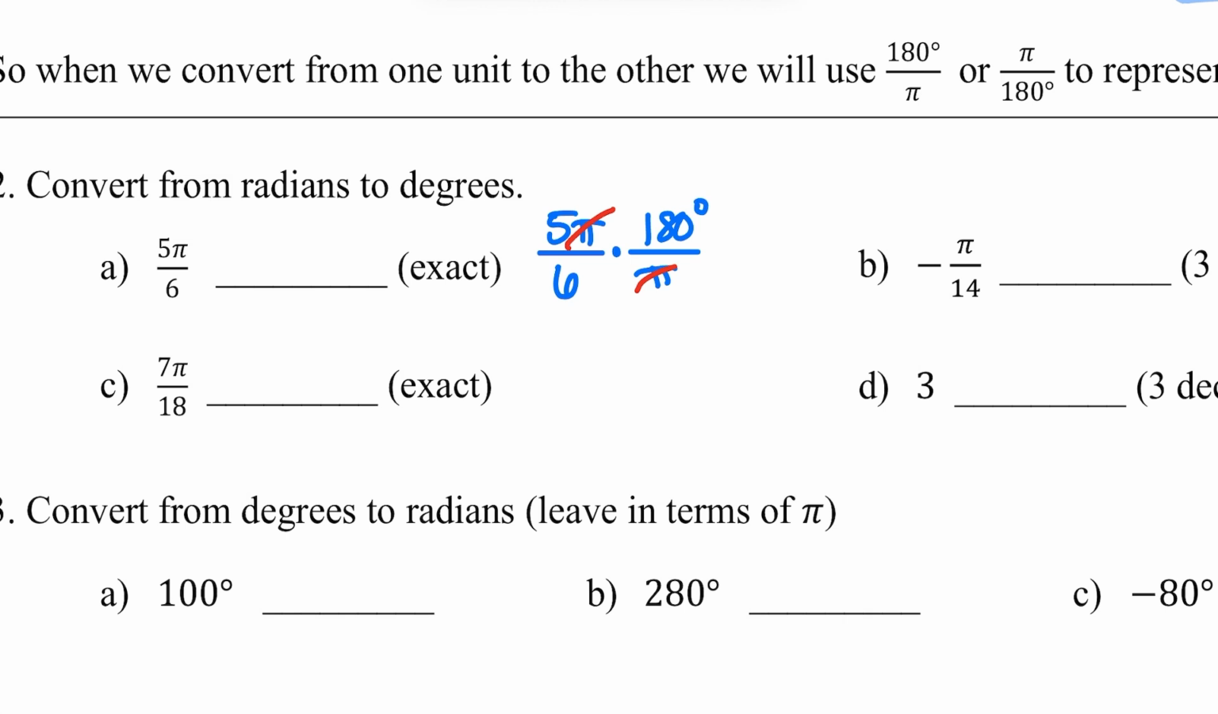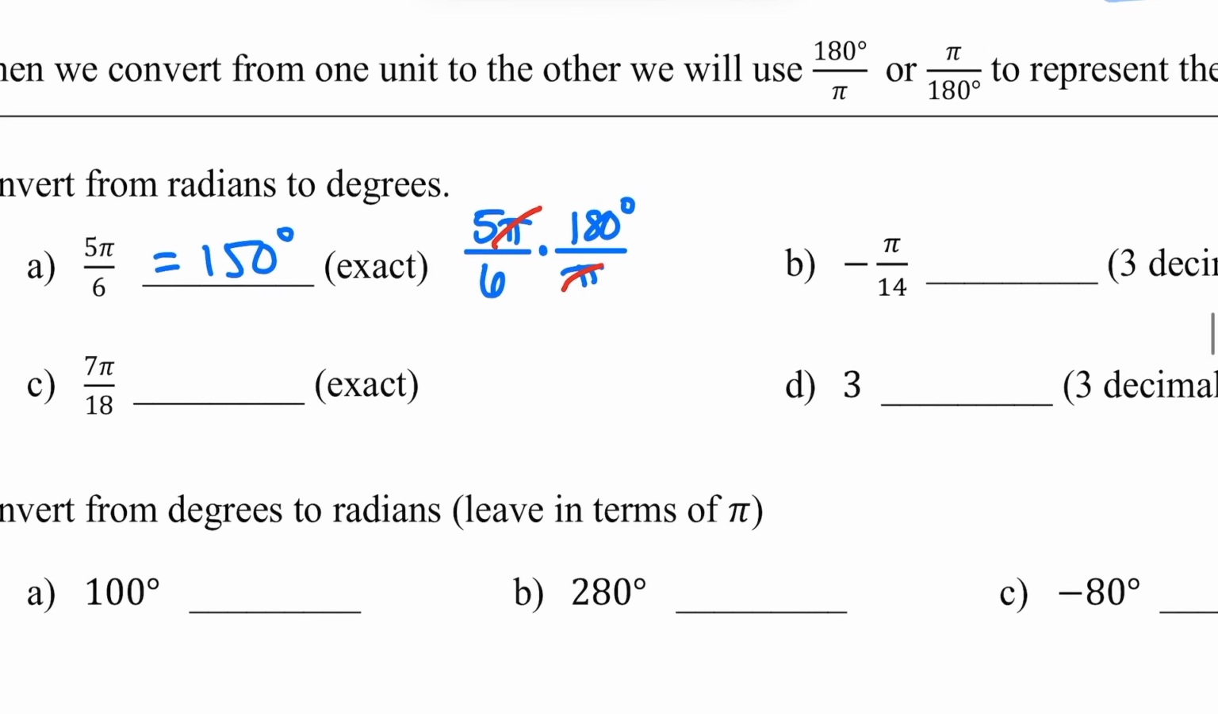Well, 180 degrees is the same as pi, so if we put this into the calculator or simplify this, I like to do it with smaller numbers. If I divide 180 by 6, I get 30 times 5 is 150. So this is 150 degrees. Now, 150 degrees, if you remember, is on the unit circle, so that's kind of easy to do that. But